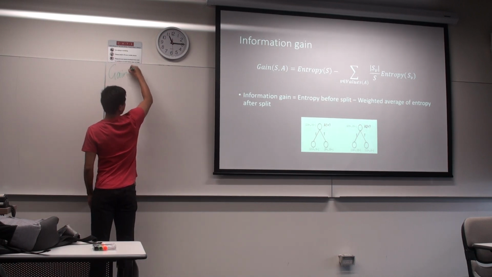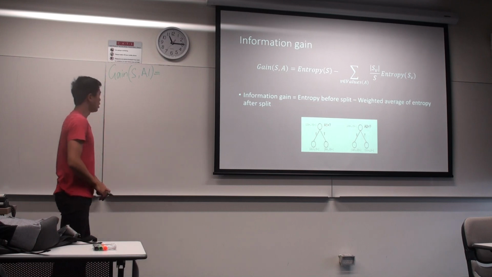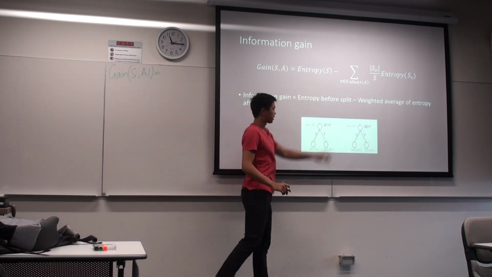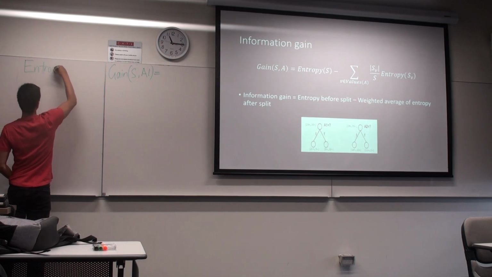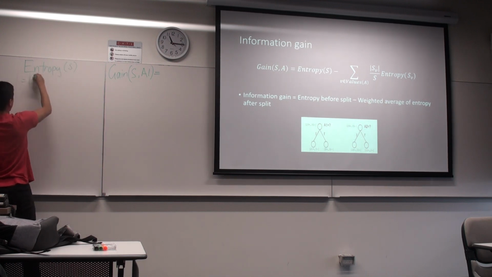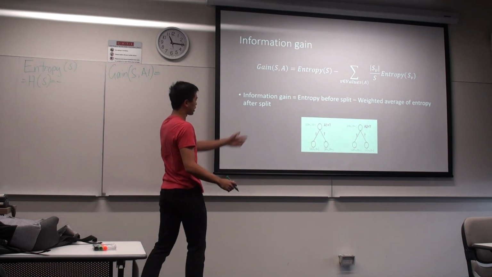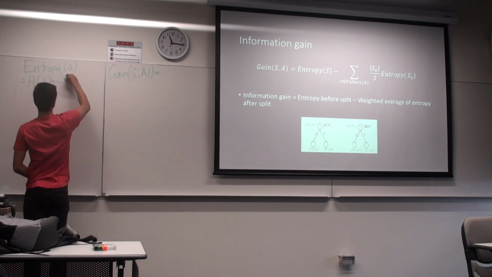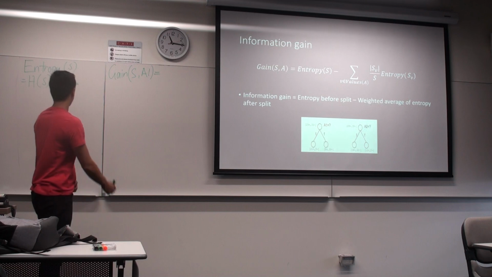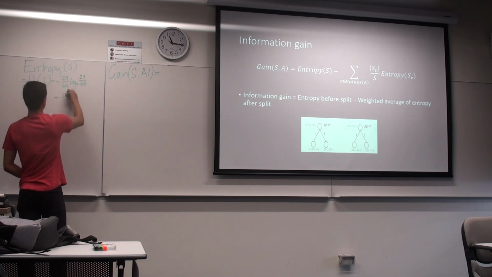So we have the gain by splitting S on A1 equals, well, the first thing we want to find out is the original entropy of S. The entropy of S, sometimes denoted by the letter H, is negative the proportion of one category, 29 on 64, times log 2 of 29 on 64, minus the other proportion,